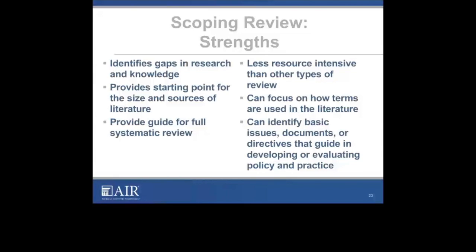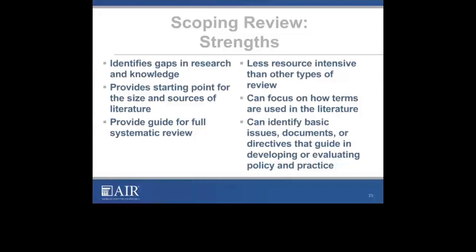Sometimes terminology becomes a real value, a strength for scoping reviews. A good search may well identify a number of different terms that are all focused on the same intervention, same issues, same topics, or at least similar enough to be conceptually related. And it broadens the scope of what we recognize as being included as part of the literature base.